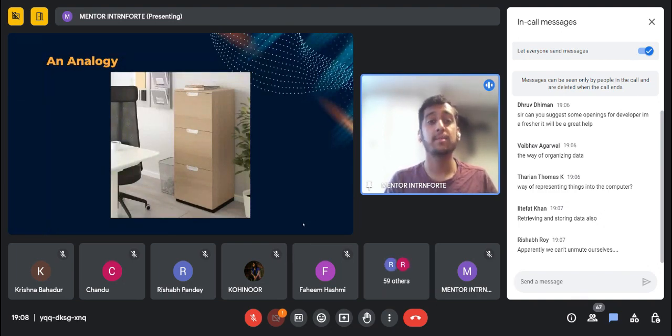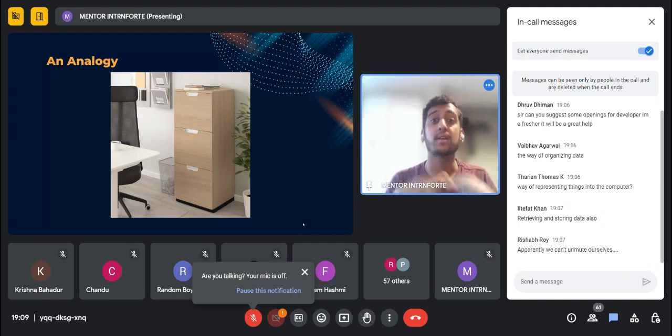A filing cabinet is a way in which you store and organize files, and there can be a specific manner in which you store the files. So maybe you decide to store it in alphabetical order, or maybe in chronological or reverse chronological order. The same way, data in data structures is stored in a specific manner so that the operation that you are trying to perform with that data is easier, right?